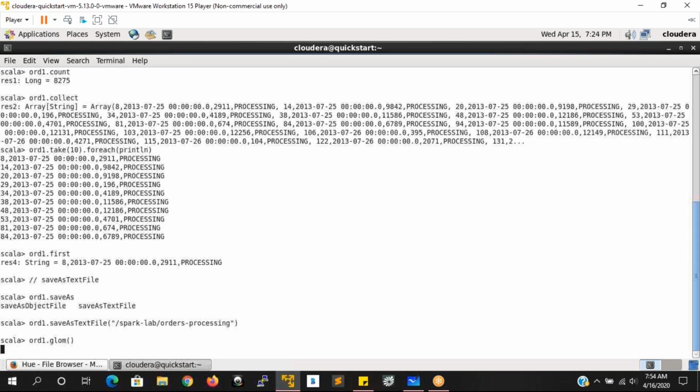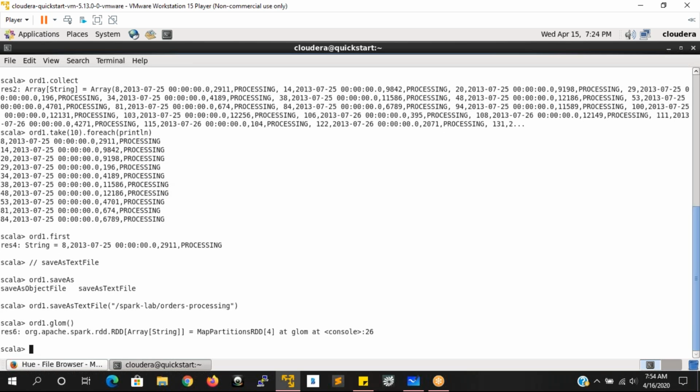Then it is going to give you the data that we are having. We can go for collect here, or take 10, for example, dot foreach println. Like this, we can go for it.